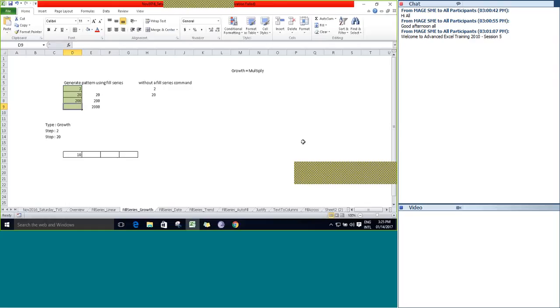So it generates a pattern for 20 and 200 and stops here. From 2000 onward, we can't see any values because it exceeds 1000. So it will ignore the next value. It will print only 20 and 200 based on the step value and the stop value.